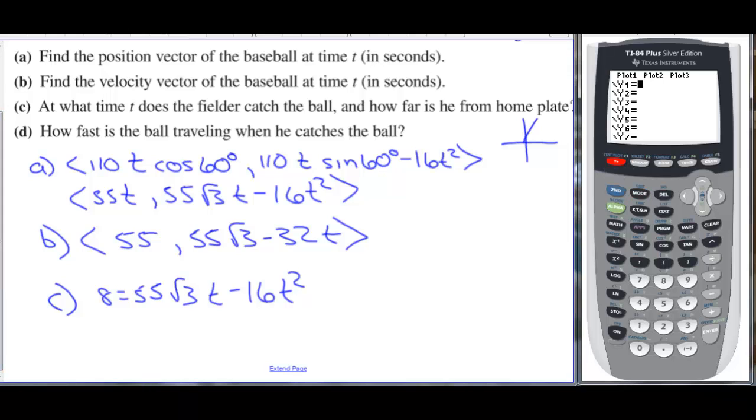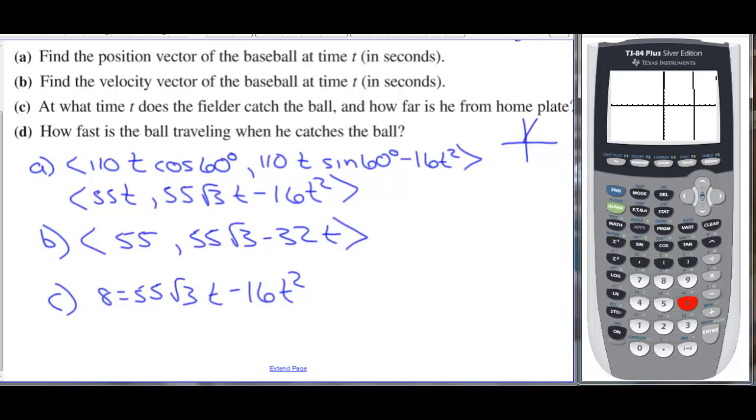So in y, now we don't know how to do this by hand, so we're going to use our calculator. 55 square root of 3 minus 16 x squared. I think I missed an x. Let's back up. Insert x. Enter. We want to know when that equation crosses 8. So we'll put 8 there. Now if we go zoom 6,